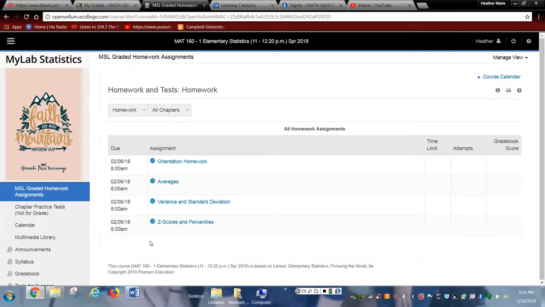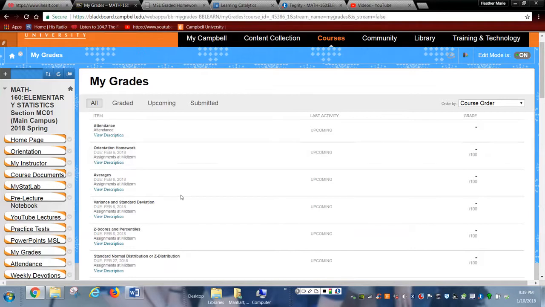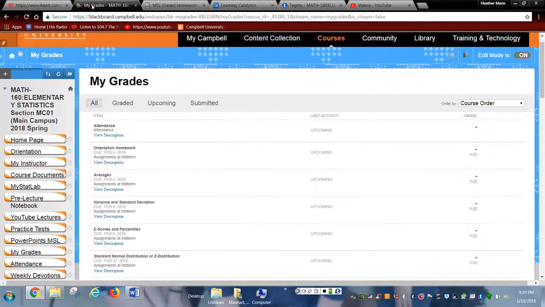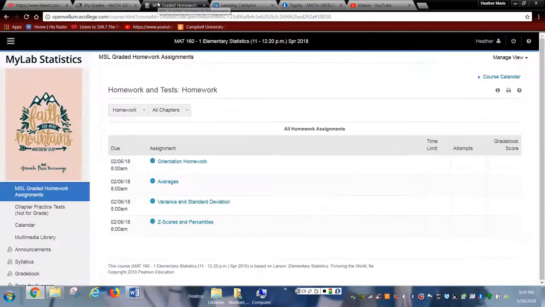As well, when you take these assignments and submit your answers, it may take a little bit of time for the gradebook in MyStatLab to sync down to the gradebook in Blackboard so that you can see your true grade. Now, after time, obviously, if the grade doesn't make sense and you know you made a 100 or a 90 and Blackboard is showing a low grade of 0, contact me over time if you think there's a mistake. But do give it a few hours to sync down correctly.